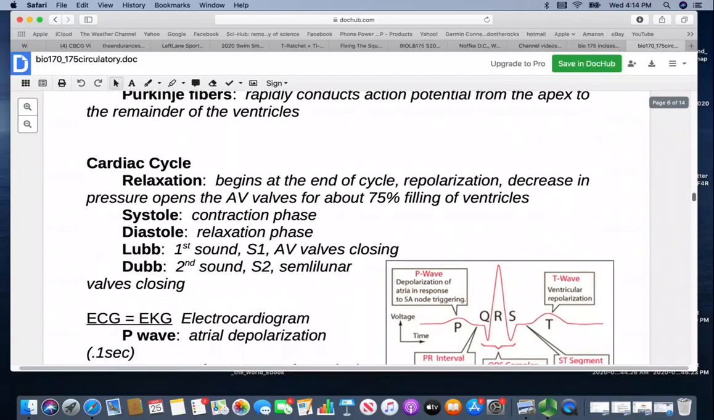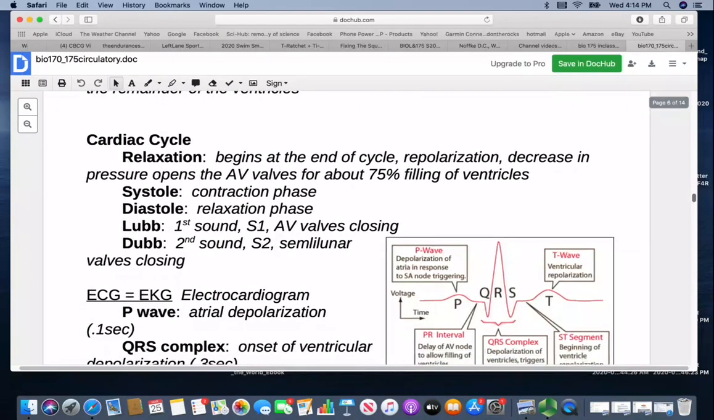When we look at the cardiac cycle, the relaxation is going to be at the end of the cycle. While it's relaxed, the heart's going to repolarize. There's going to be a decrease in pressure, and it will allow the AV valves to open and the ventricles to passively fill by about 75%. Systole is the contraction phase, diastole is the relaxation phase. So when you have systole happen again, it will fill up that last 25% of the ventricles, and then the